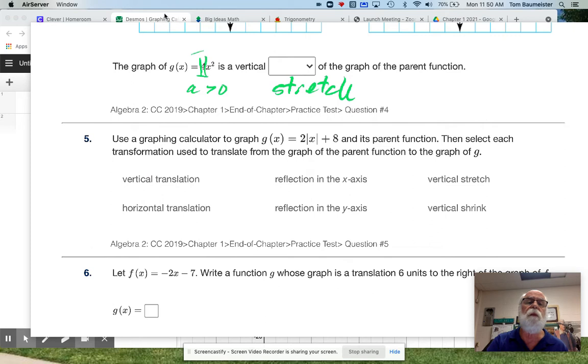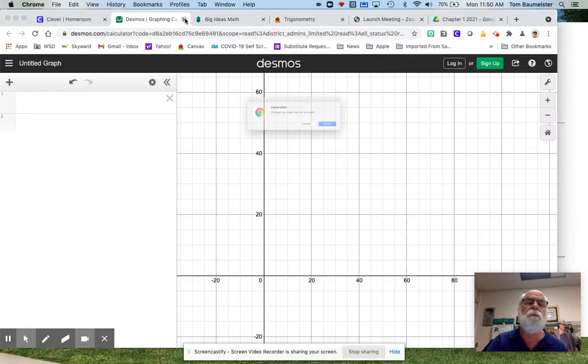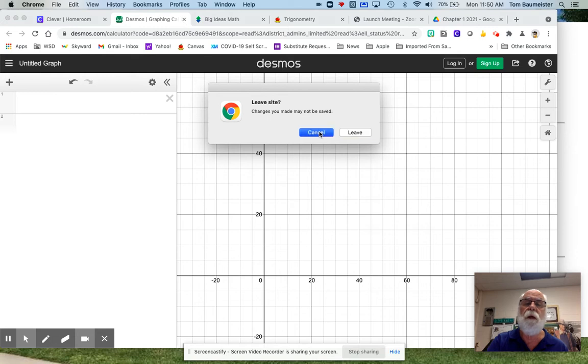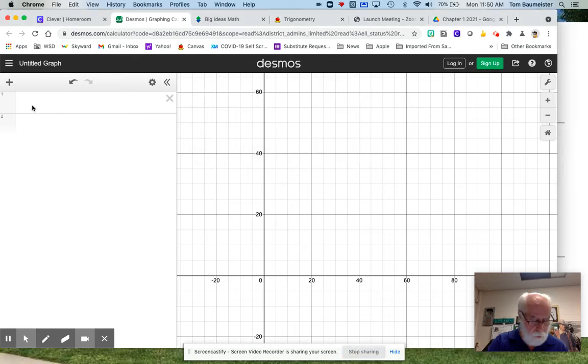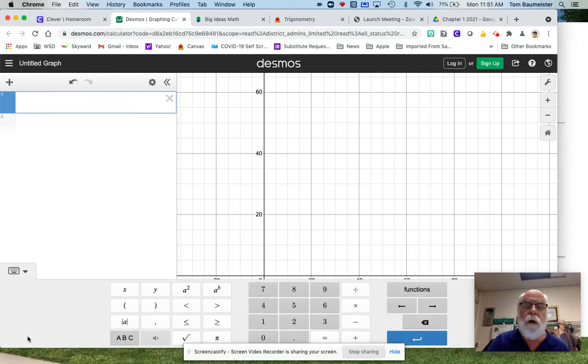I do believe I have a graphing calculator here. So I don't want to leave the site, but I want to put in y, or g of x, right? So we can just say y, because g of x is this fancy way of writing y, is equal to,